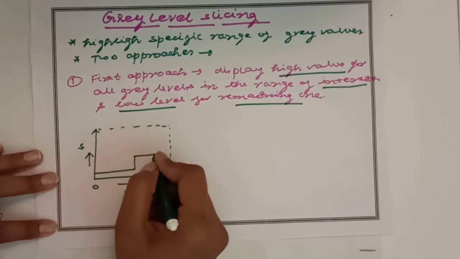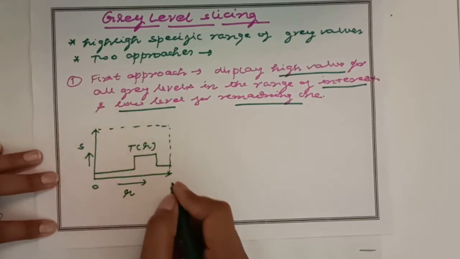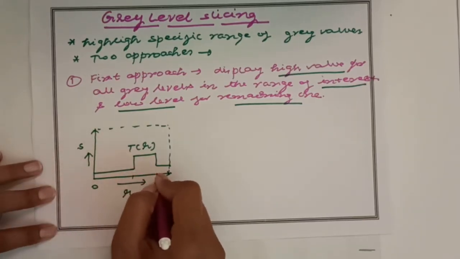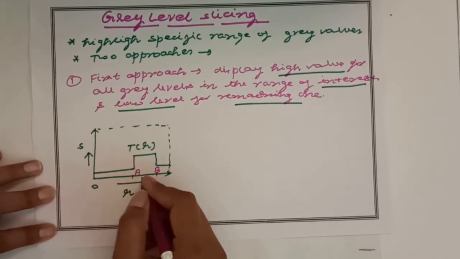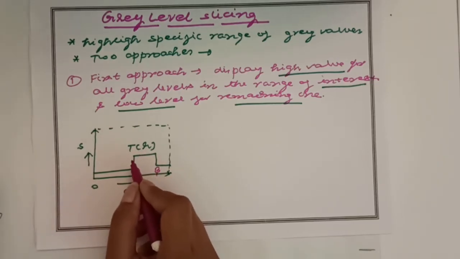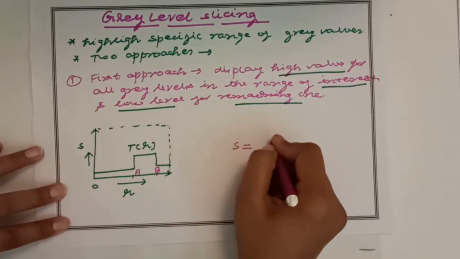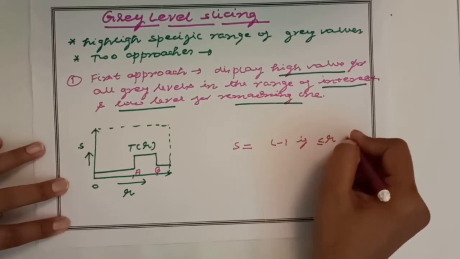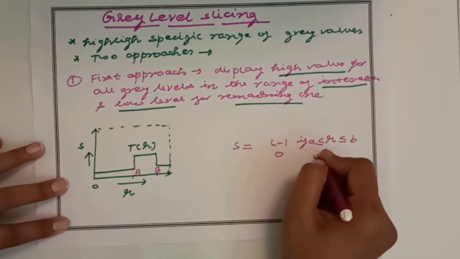Let this variation be represented in this form, where T(R) is the transform function. Here two points A and B have been mentioned where there is a change in the levels of contrast. So mathematically you can write it as S = L-1 if R is in between A to B, and 0